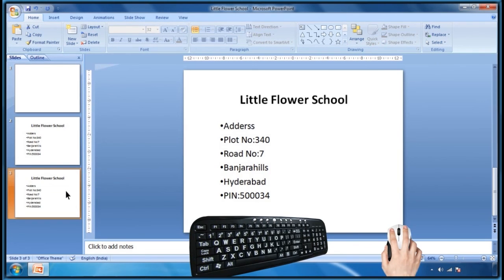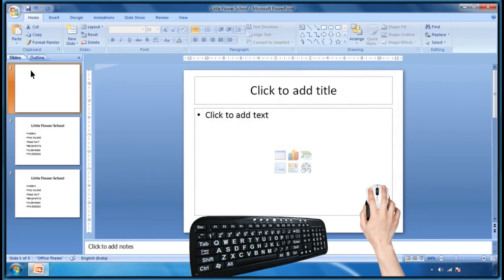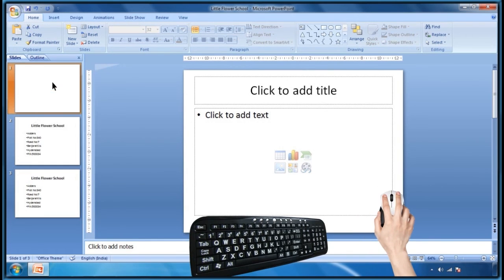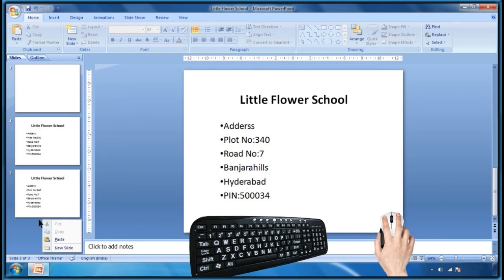Choose paste from the appeared menu. For more understanding, now I would like to copy this slide. Select the slide. Click on mouse right button. Choose copy from the appeared menu and right click on this area. Choose paste from the appeared menu.